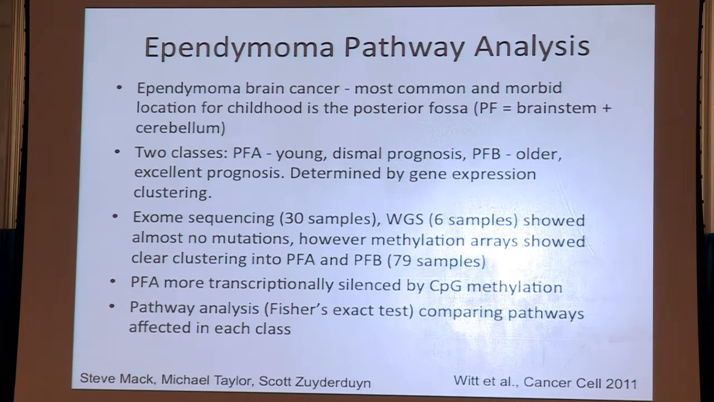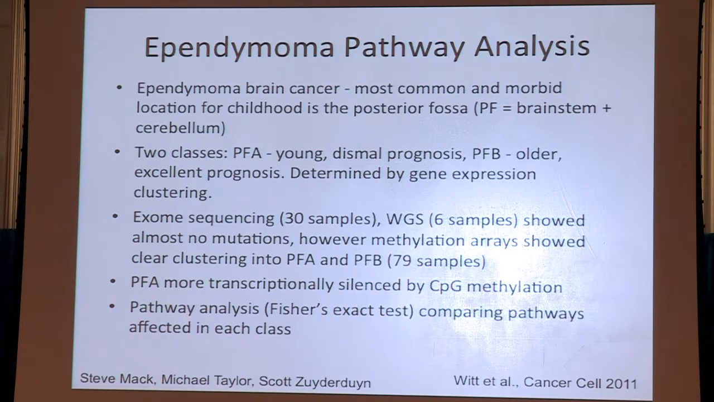Michael Taylor had previously looked at gene expression data and found that there were two major classes of ependymoma. Class A primarily affected the youngest patients and had the worst prognosis, and Class B primarily affected older patients and generally had a very good prognosis. So gene expression clustering identified these, and that's been very useful for their lab. They wanted to